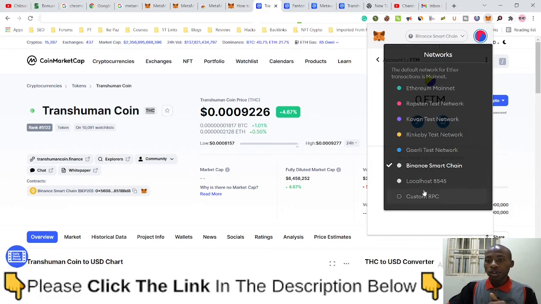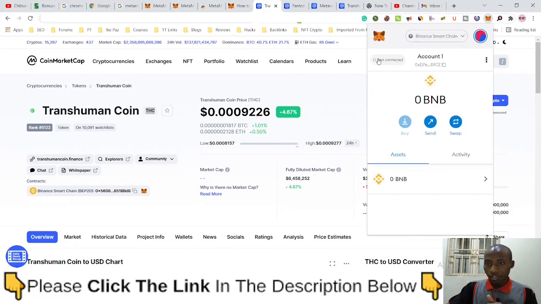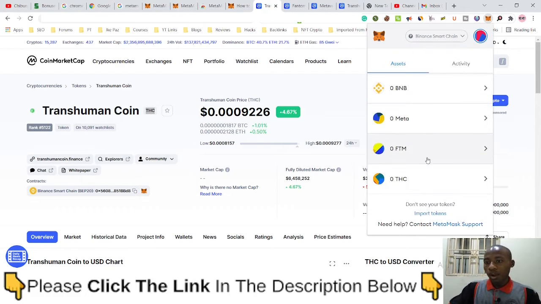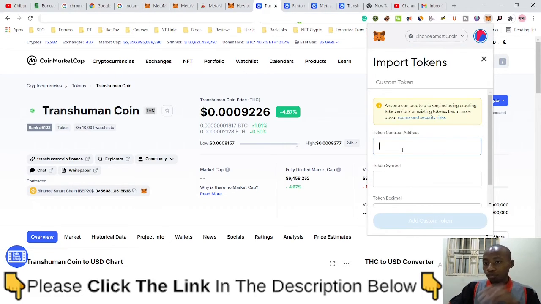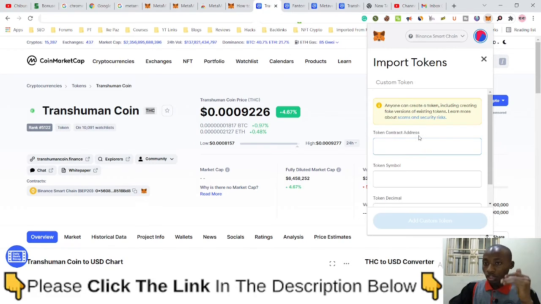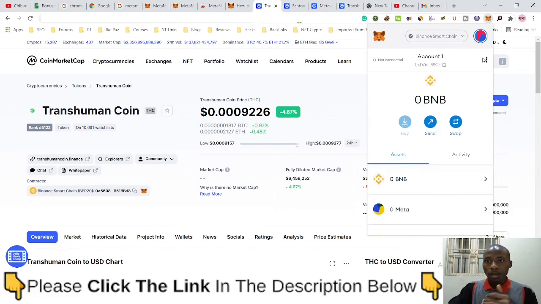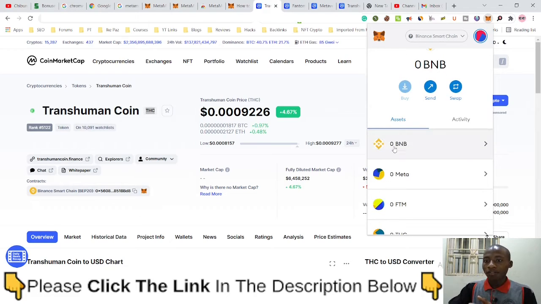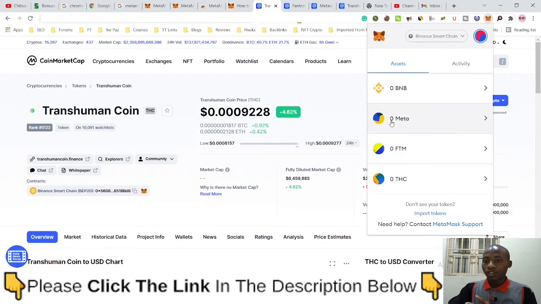If you want to add any other token as well, you can just search for it on CoinMarketCap or CoinGecko, go to import token and put the contract address. If that contract address is the correct one, it should automatically pre-populate every other thing. Then you click on import token and you are good to go. So under assets is where you have your BNB and your other crypto under the BNB network.